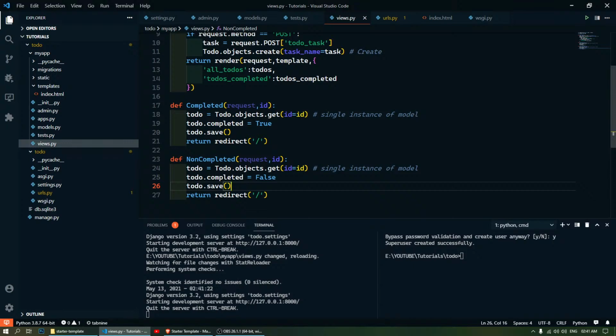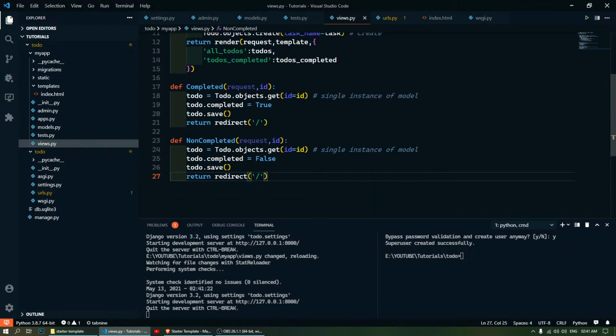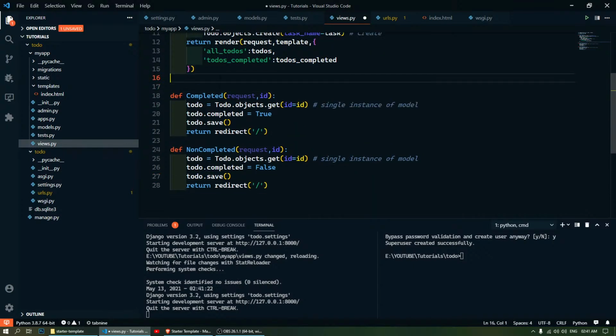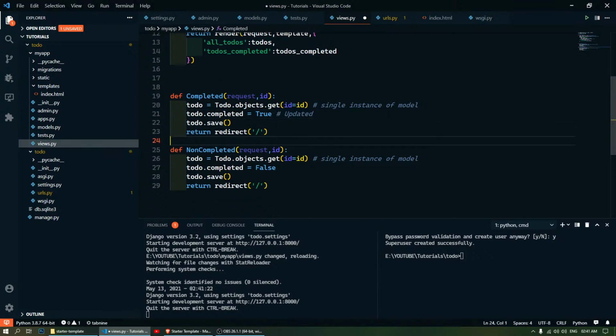So in these two functions, what we are doing is just modifying the value of that instance. So here we updated something in these values. Whenever you get an instance, you modify their attribute using the dot operator, and then you must save them. Okay,